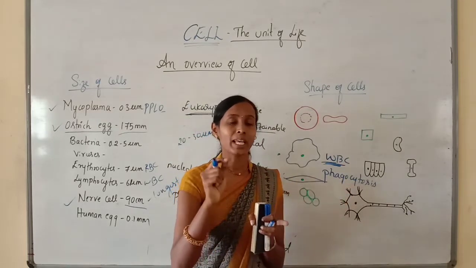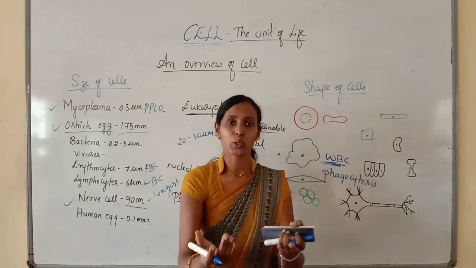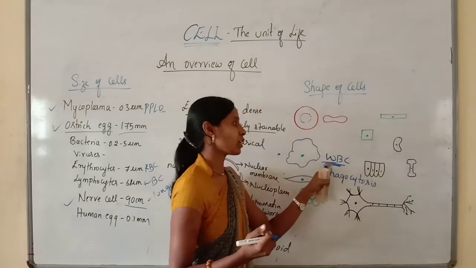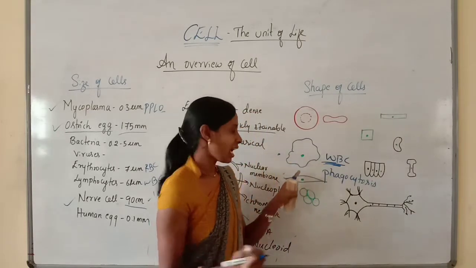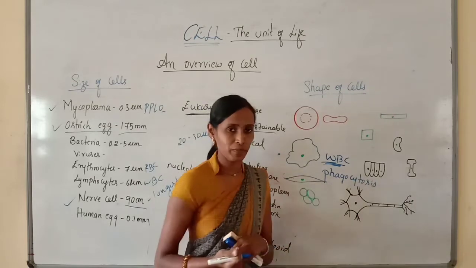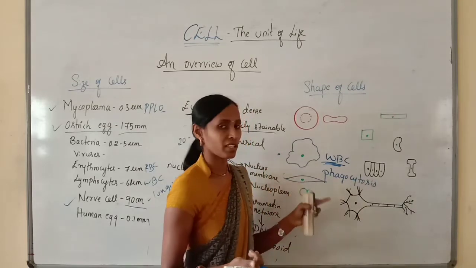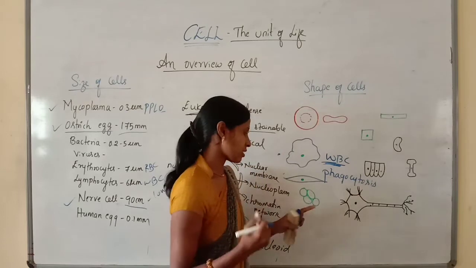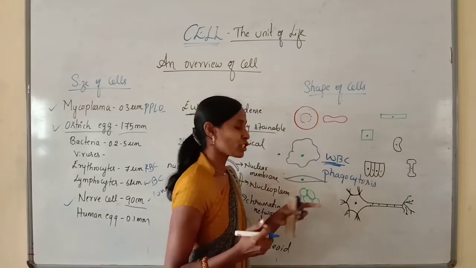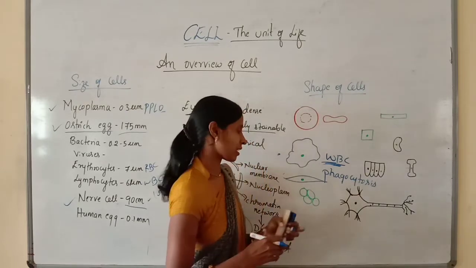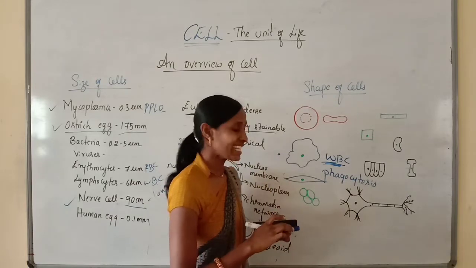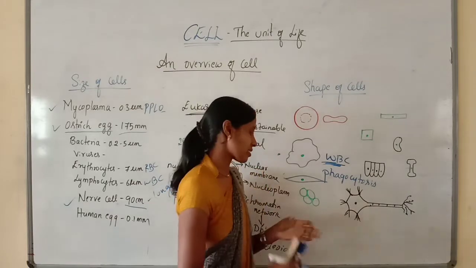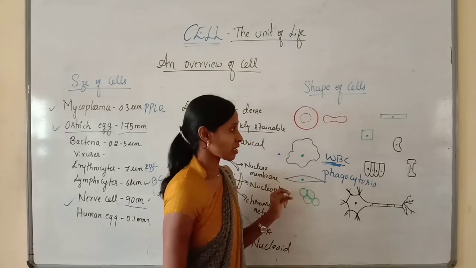So mainly for that function, in order to engulf the cells, the WBC has this shape. And these are spindle shaped cells, which can be seen in the stomach region, etc. And these are the spherical cells which can be present in the leaves, etc. In most of the plant cells, we can find the presence of these circular cells.